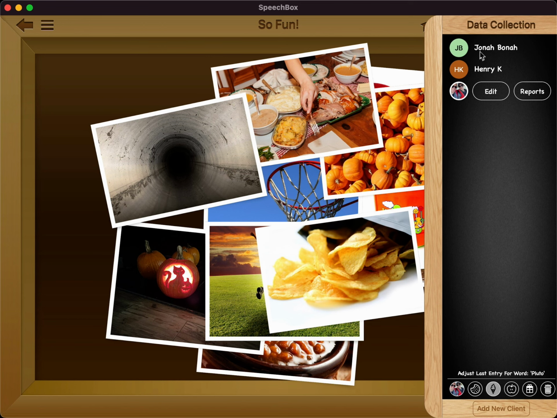So to choose between the different students that you want to work with, you just tap on them and you see that it kind of activates it. So I have this JB Jonah Bonin student in here that I tapped on. I have a Henry and then a Hank in here, and you just tap between them to select the student